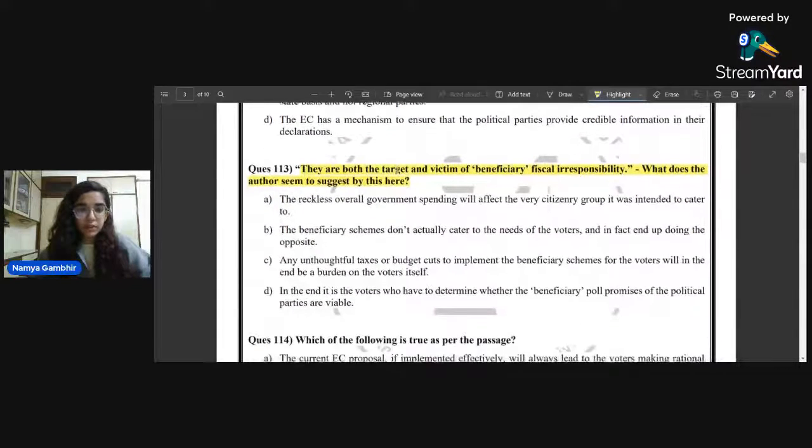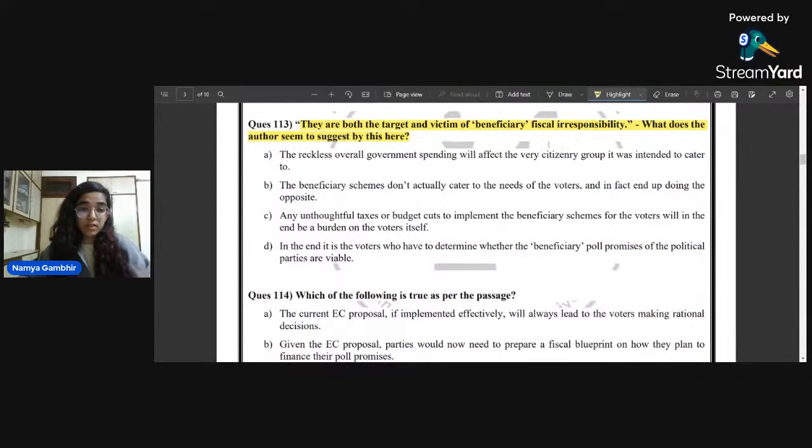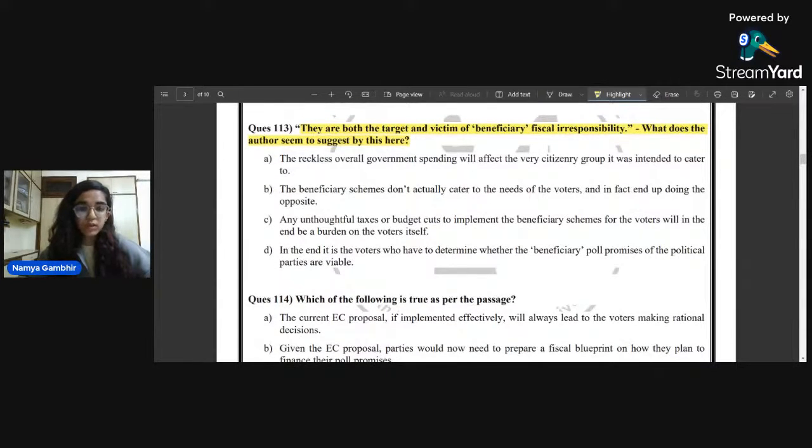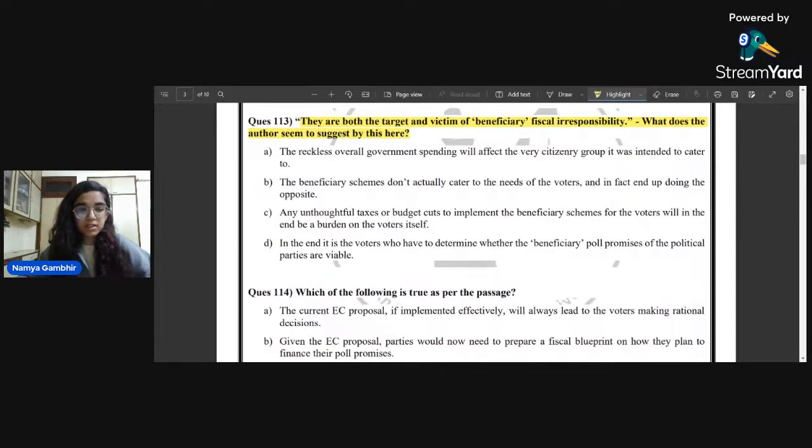Now we go to the third question. They are both the target and victim of beneficiary fiscal irresponsibility. What does the author seem to suggest by this here? Now, if we see this question, then first we have that the reckless overall government spending will affect the very citizenry group it was intended to cater to. Though I do feel that overall government spending is a very broad term to talk about. Then the second option says the beneficiary schemes don't actually cater to the needs of the voters and in fact end